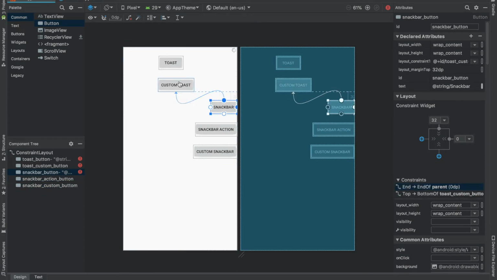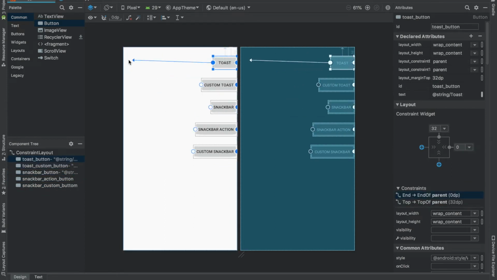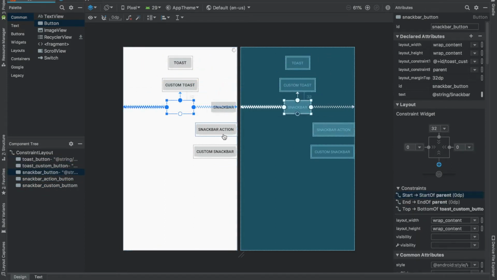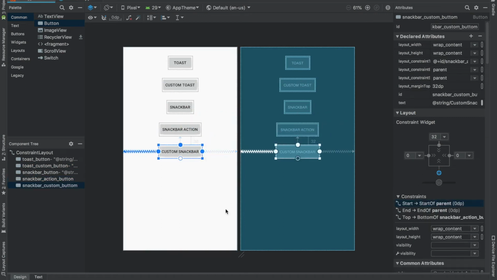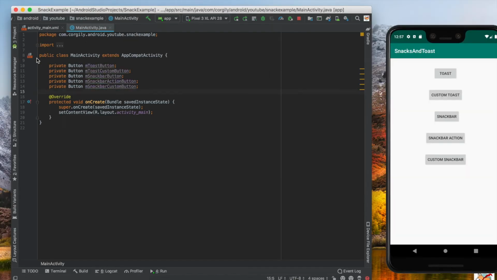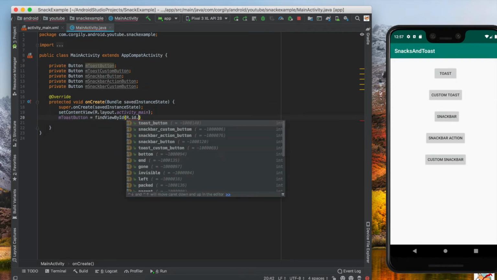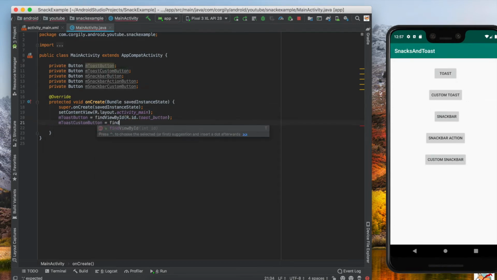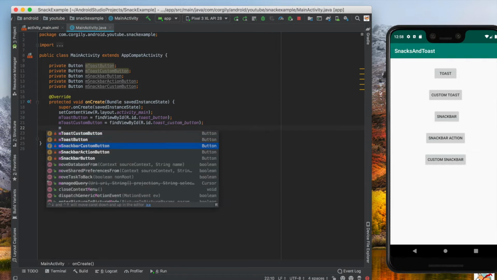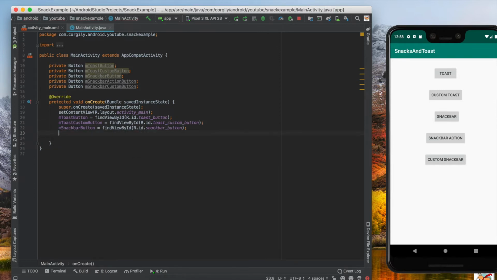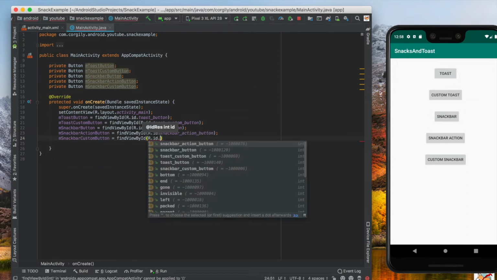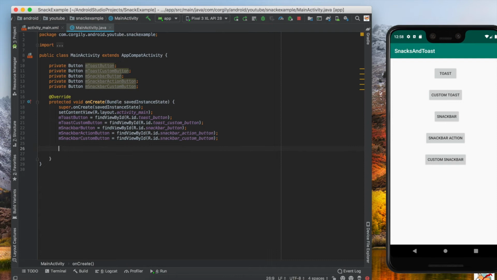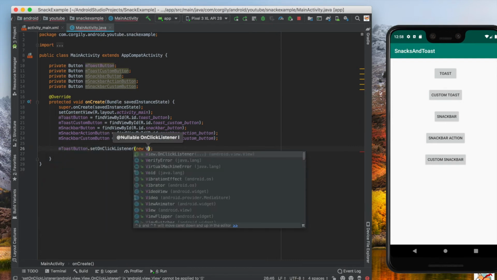I'm going to also speed up the section on the boilerplate for the actual class, and then when we get to what's important, we'll slow down and you'll see it in real time. So here's a boilerplate for the class. Basically, I made a bunch of buttons. I also went through and wired the buttons up to my member variables, and after I wired them up, I created a bunch of listeners, one per button. So then, when you click the button, it executes the listener. So here are the listeners,